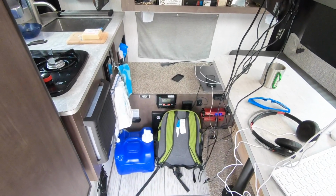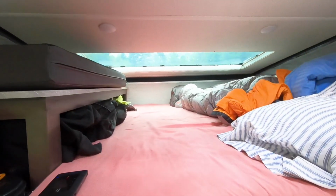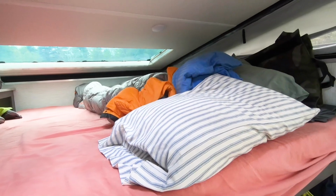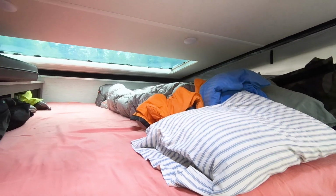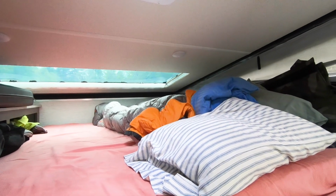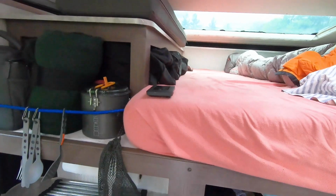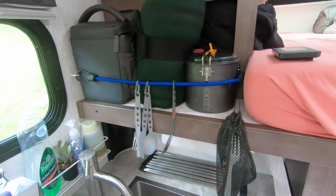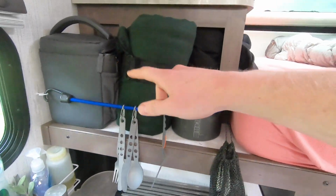And computer stuff. As far as the bed goes, during the day I kind of shove all my stuff over to the side. But I've got a comforter and a 40-degree sleeping bag, and it's super cozy at night. It's still spring here, so it gets a little chilly, but the storage is working out well. The mods that I did are definitely super useful. You can hang up silverware. I can hang this. I can tuck away my pot, drone,